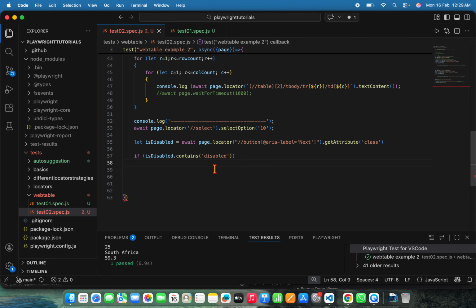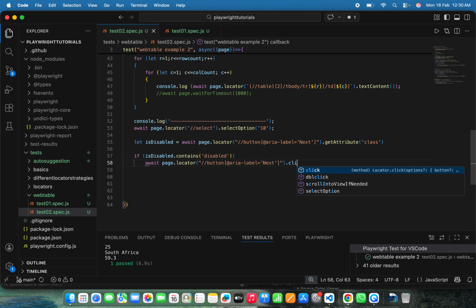If it is disabled, then I'm going to stop. I'm not going to click on it anymore. Dot click. Okay, so here I'll use a not